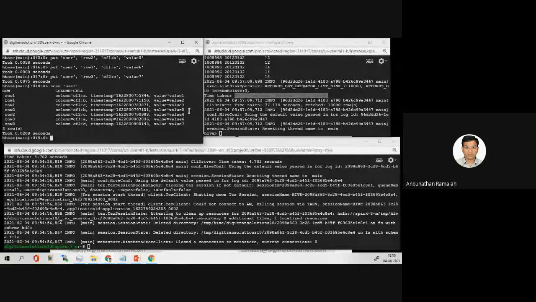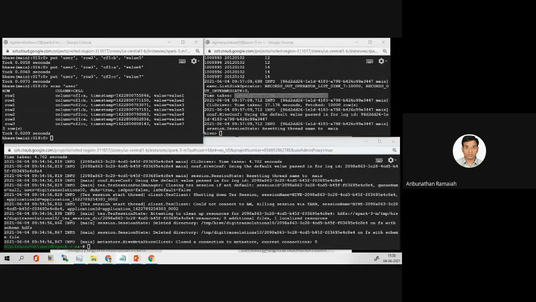Now all values are displayed. So I am adding one by one, row by row. The first time, what we did from the text file, we just inserted into the HBase database. Second time we are manually adding row by row. So this is the difference between the first exercise and the second exercise.